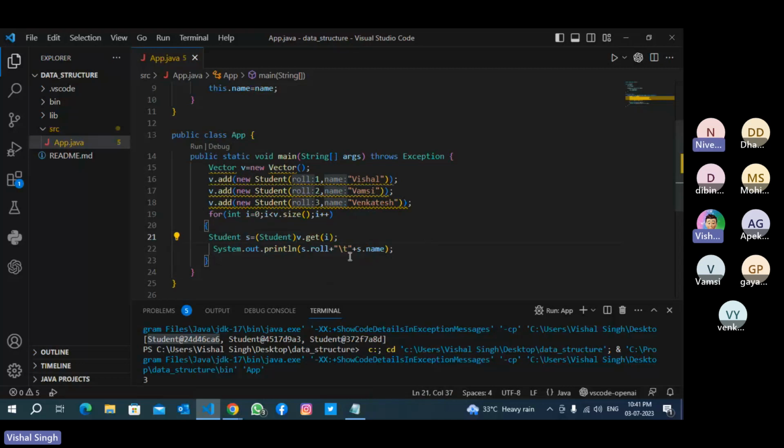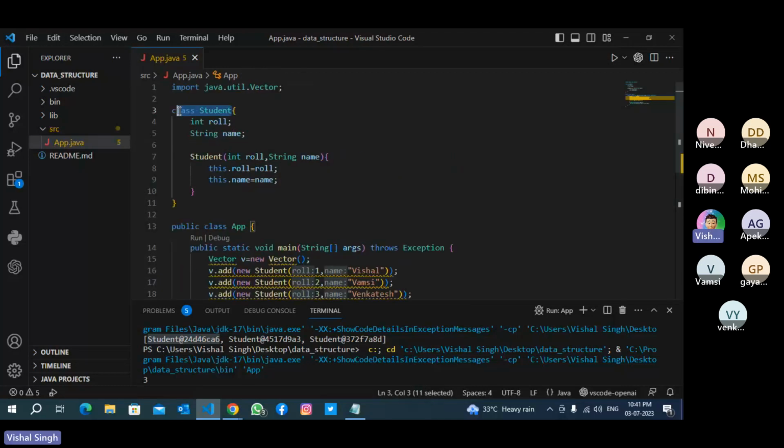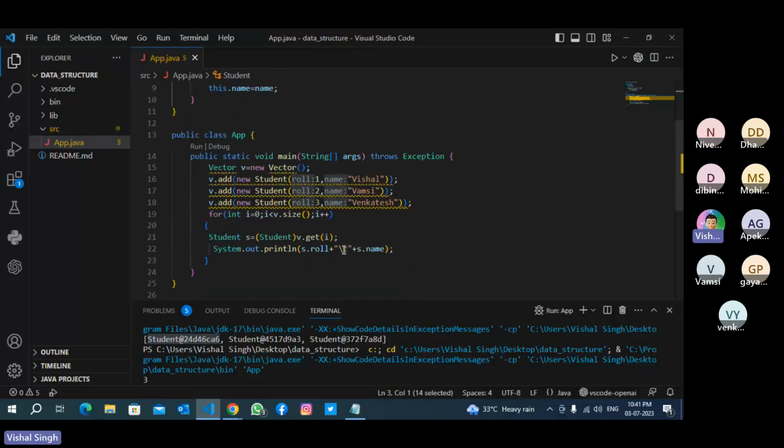If you want to get a specific element from the list of elements using get and the index number, you have to typecast this. If it is employee, you have to write employee here and employee here also. And now, we have two member data, role and name, so you can use this reference to get the role and the name. Now tell me, is there any problem? Anyone?